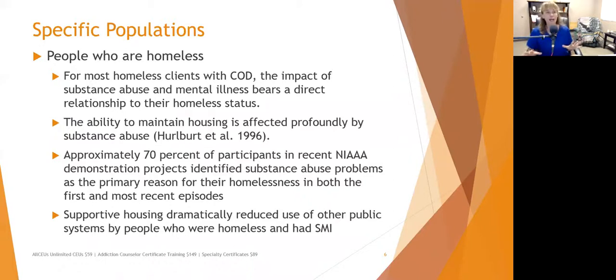Okay, I do want to put a caveat on that. Some people do have mental illness. Some people do have co-occurring disorders, yet they are still able to make their own choices. They are not incapacitated. They are not unable to do what they need to do, and they are choosing. Some people do choose to not be burdened by taxes and housing and bills and all that kind of stuff. Now, that's not the majority of them, but there is a significant proportion of people who are homeless by choice,